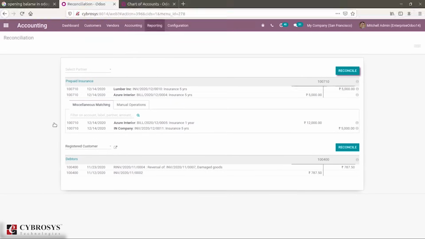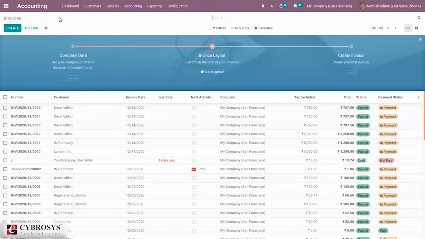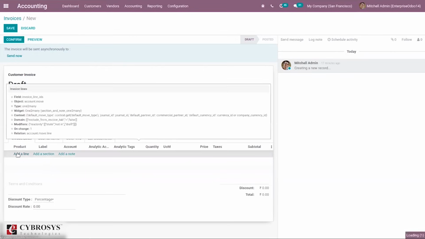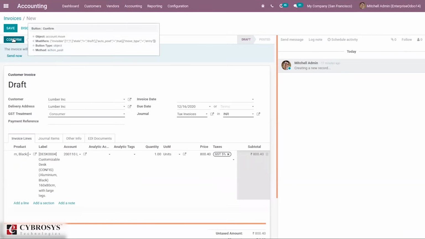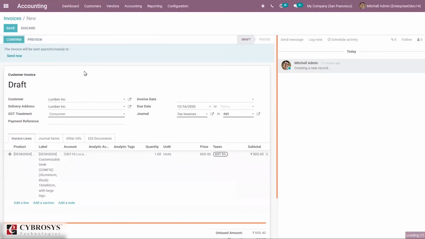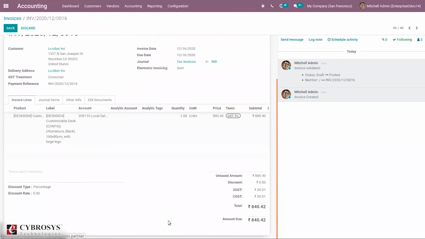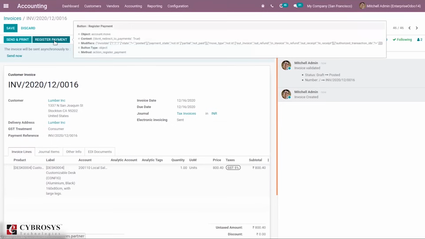So when you come to the customer and create an invoice, here just register payment.